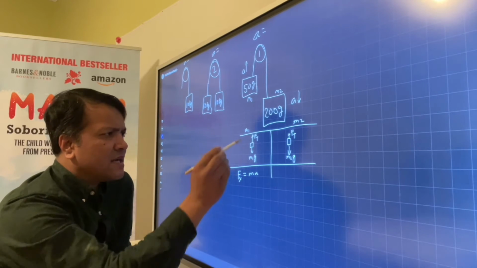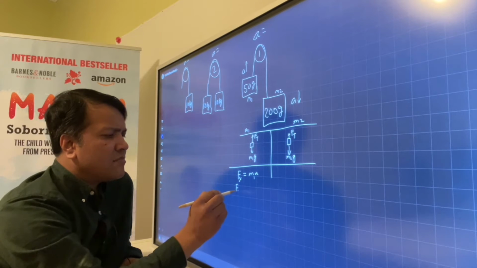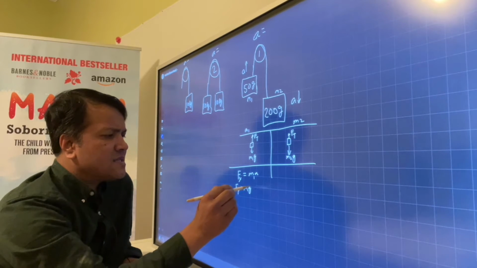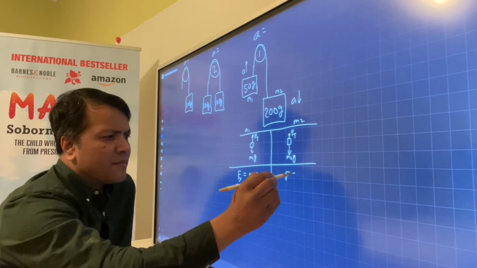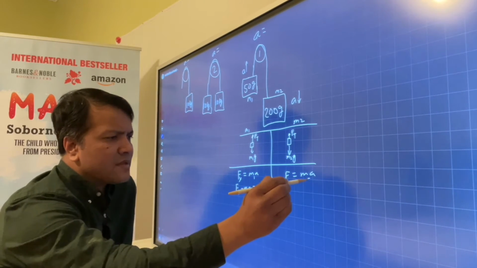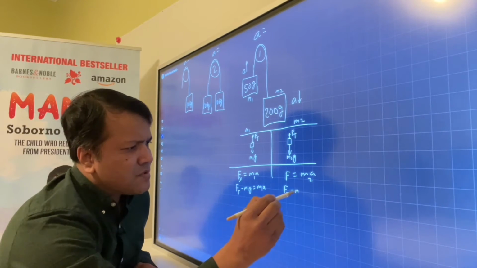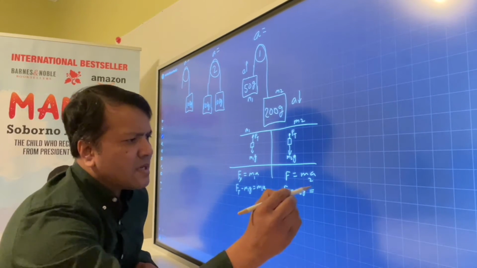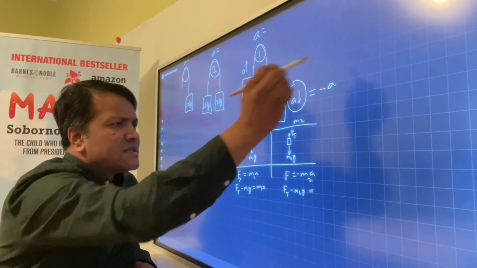Y direction. At what type of ma? m1a. Ft minus m1g is equal to m1a. Here F equal ma as well. This is m2a. So Ft minus m2g is equal to negative, because this acceleration is negative